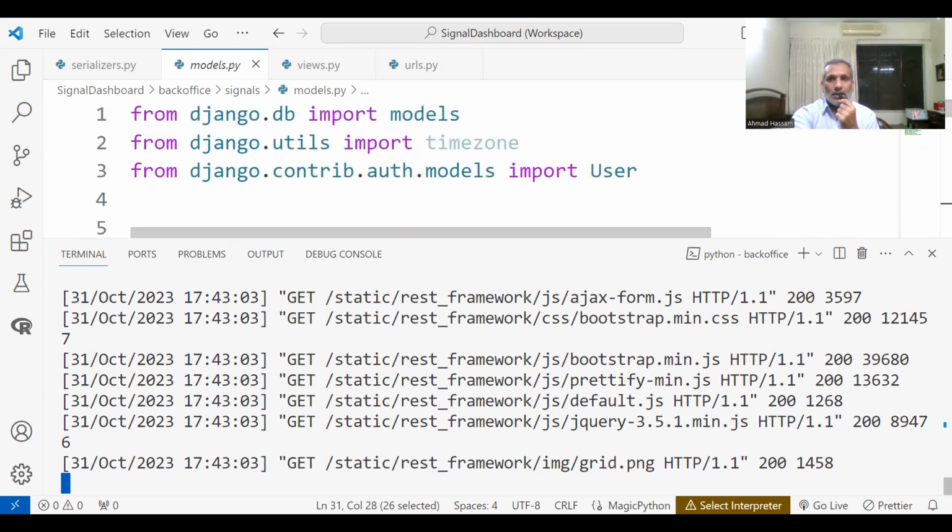So this is the Django model. Django is a Python web framework, very popular. Instagram is made in Django. Apart from Instagram, Pinterest is also made in Django, and Quora is made in Django, and Spotify is made in Django. There are many big websites made in Django, but you can well imagine if Instagram is made in Django, that means it's a really powerful web framework. So I made this model,